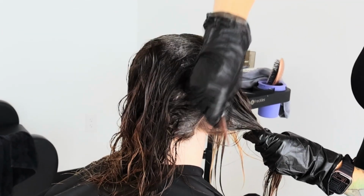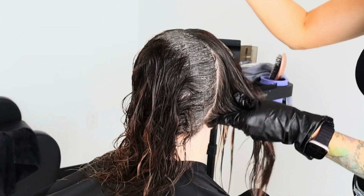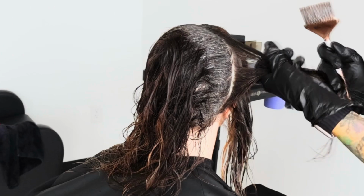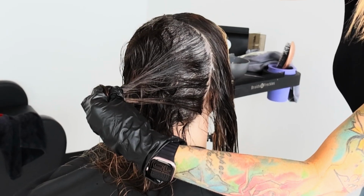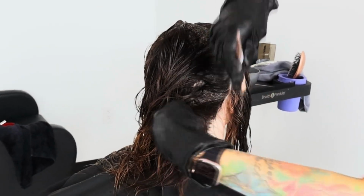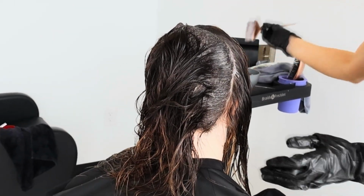So this one has softer bristles, so it's going to help with blending out the root color. That is really great for when you're wanting to do shadow root, making sure that there are no harsh lines. This is the one I'm going to use for any sort of melting, making sure I'm melting and creating soft coverage all throughout her color,